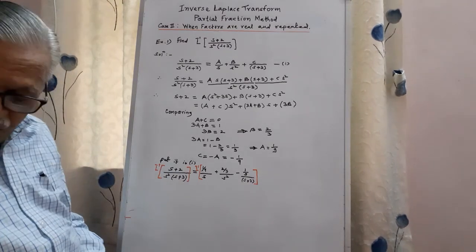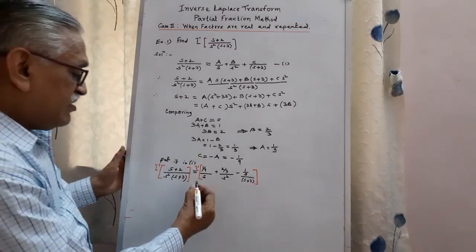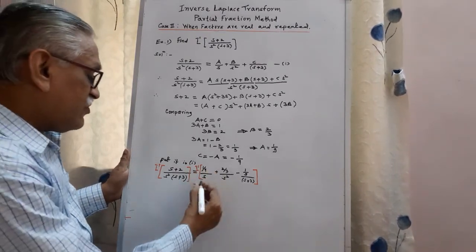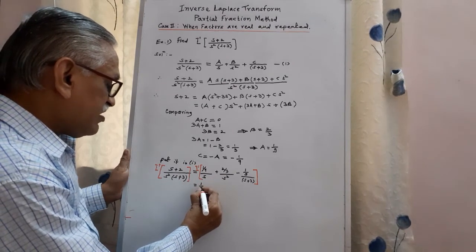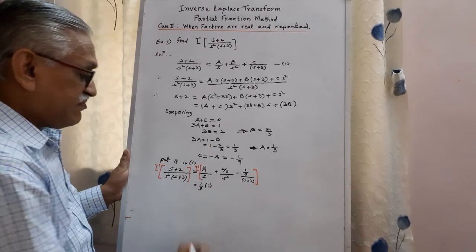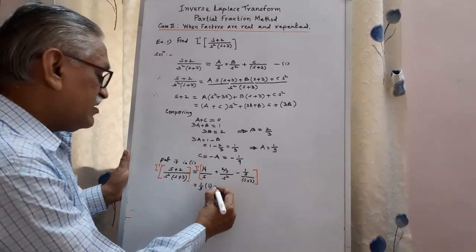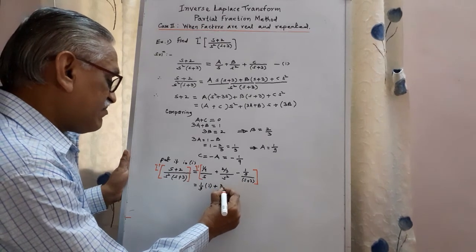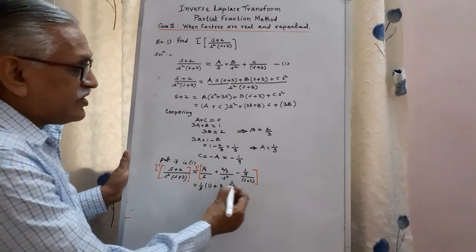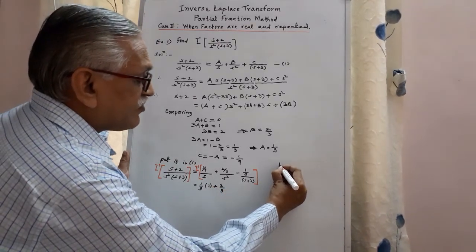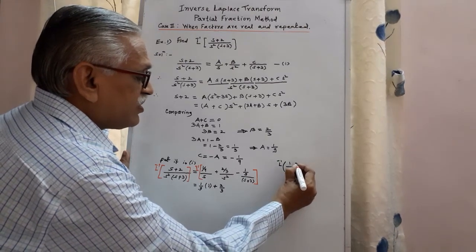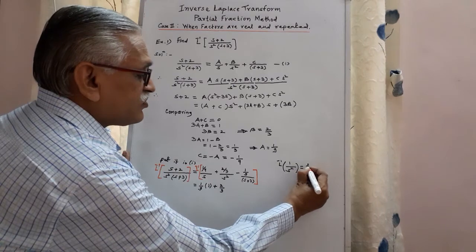And then taking individual inverse, while finding inverse we take the constant term outside, therefore 1/9 constant outside. Inverse of 1 by s is 1, standard result. 2/3 inverse of 1 by s raised to n, using that formula. Inverse of 1 by s raised to n is t raised to n minus 1